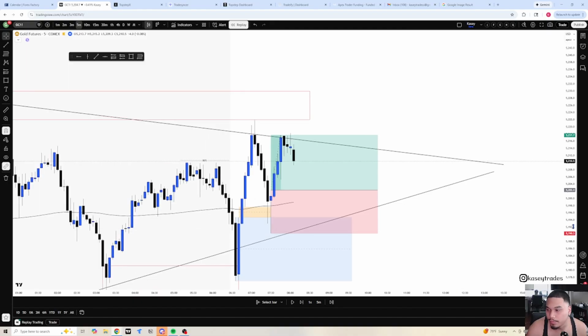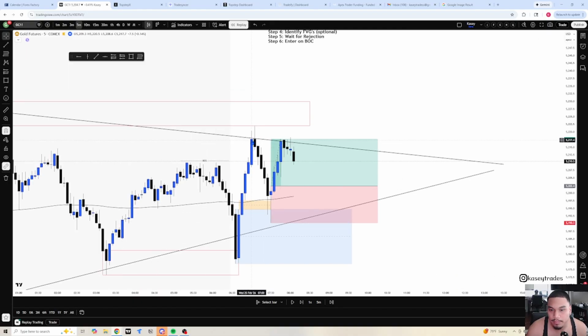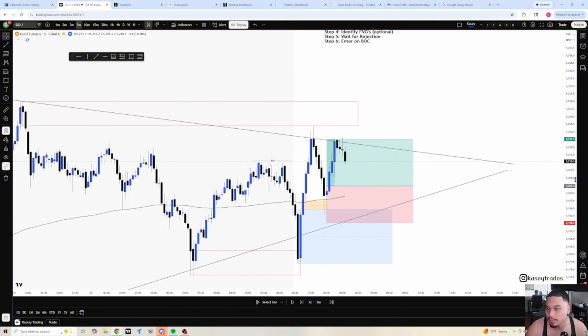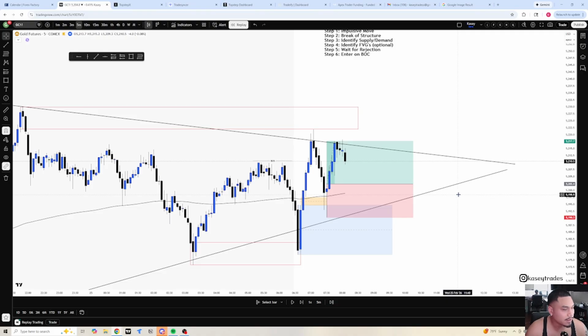You see how when we reached there, literally right where the body is, it tapped it and then it started stalling and rejected back down. So that's why I say it's important, if you're going for a high or a low, to just put it at the body, unless you're confident enough that it's gonna continue pushing back up. But if you want to play it safe, just scalp and get in and out, just leave it at the